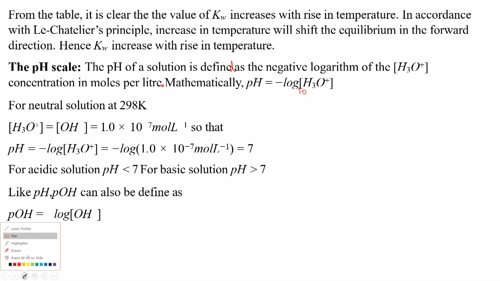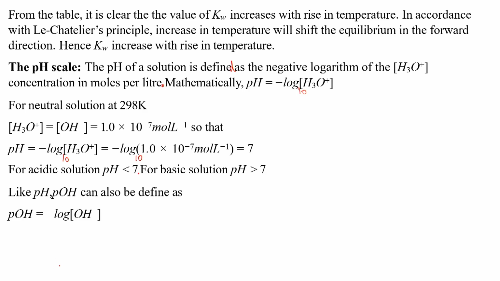So pH is minus log base 10 of the concentration of H3O plus. For neutral solution at 298 K, since the concentration of H3O plus and the concentration of OH minus are the same, we got the value 1 times 10 raised to the minus 7 moles per liter. So we can calculate the pH of pure water at 298 K. pH is minus logarithm of H3O plus, so if we put the concentration, we get the value 7 here. For acidic solution, pH is less than 7, and for basic solution, pH is greater than 7. So remember again, the base is 10 everywhere